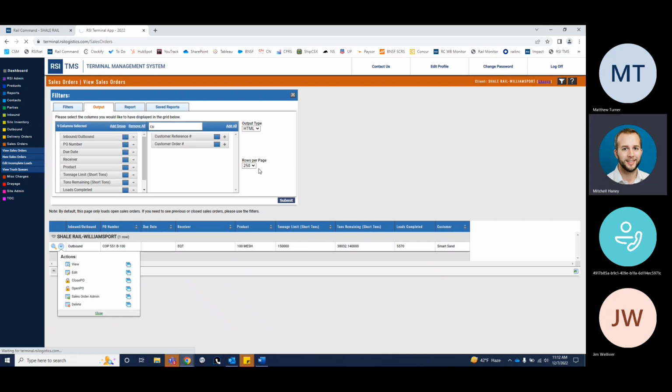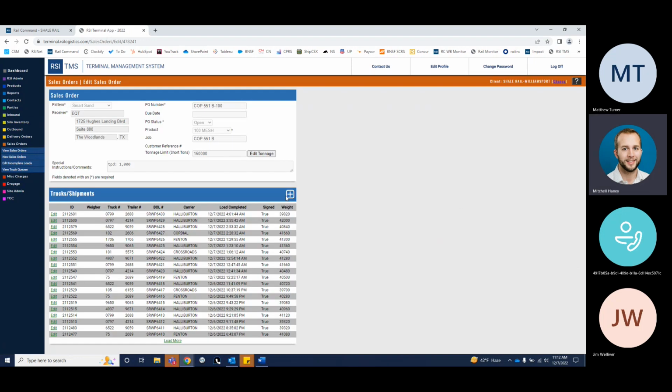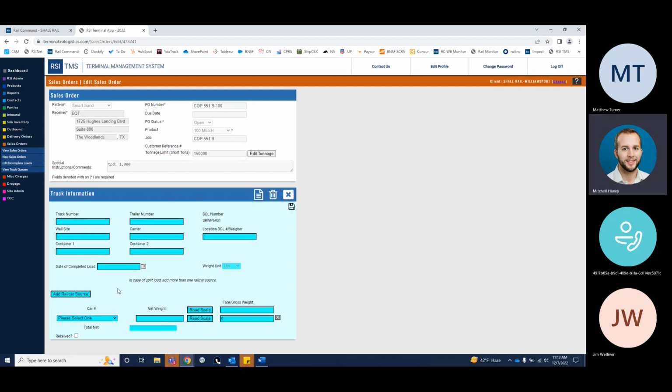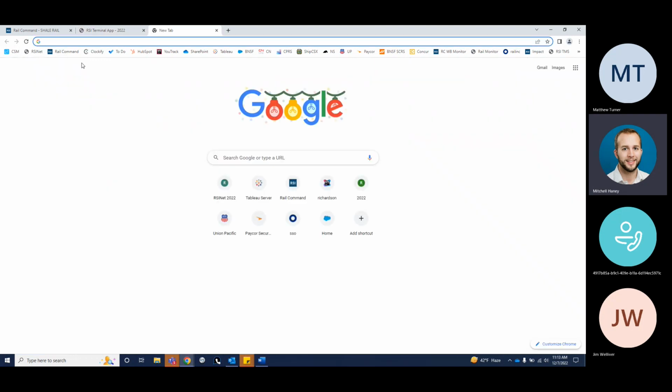If we go to edit this and go to create a new truckload, the railcar source here, only the cars that are associated with that Smart Sand customer that also have 100 mesh would show up in this dropdown. So right now, if I go back to